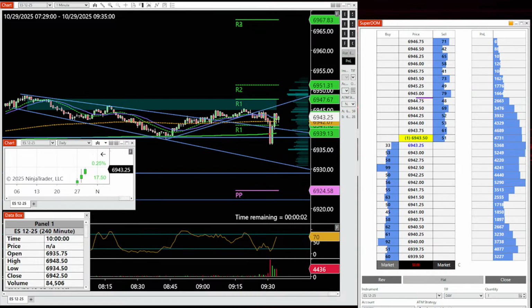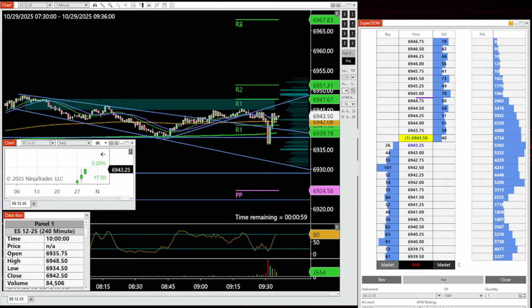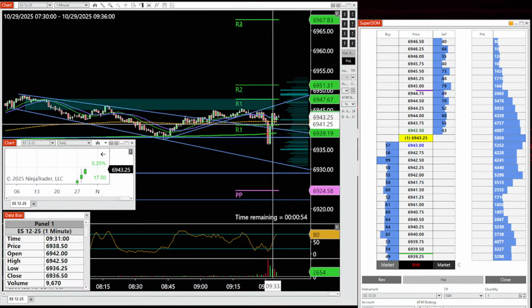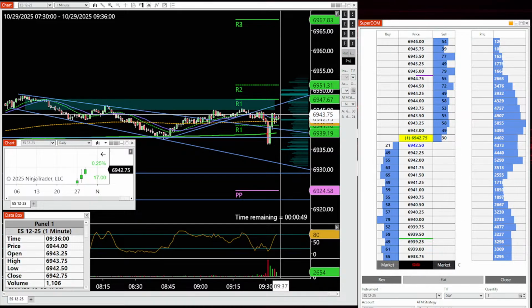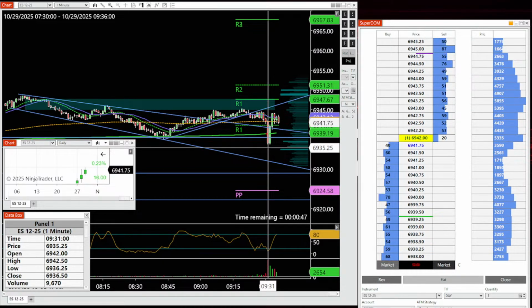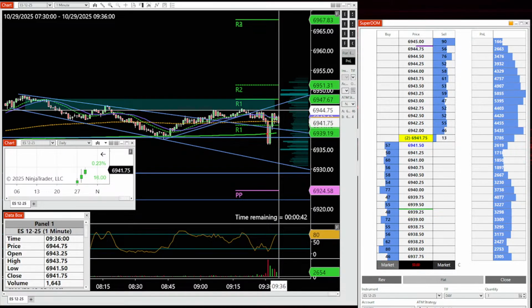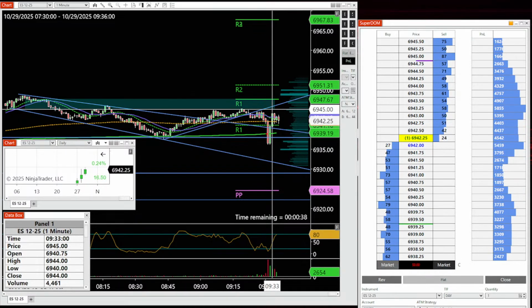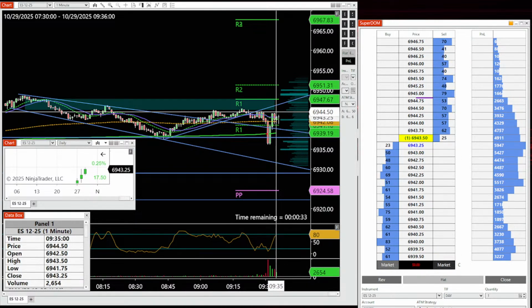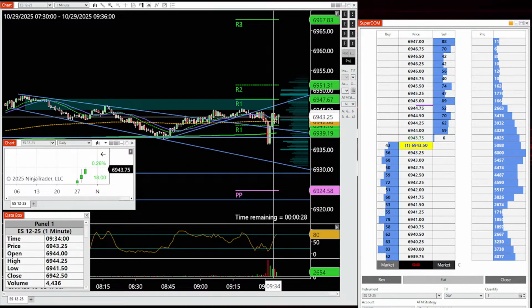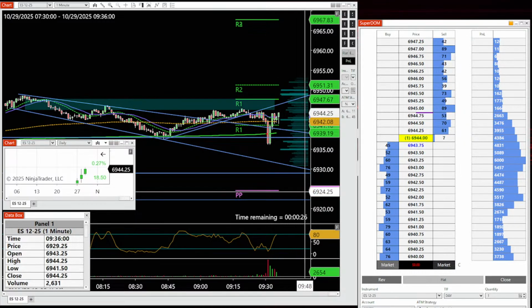Nothing to do but sit on the hands. Looks like it wants to go up. This could be a shoulders, head, and shoulders, a break of 45. So we got 30 again. We got the low of 36. Break above, 10 points, 36 to 46, 45 to 55. Break of 46 to 56.